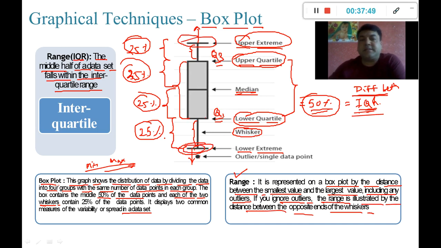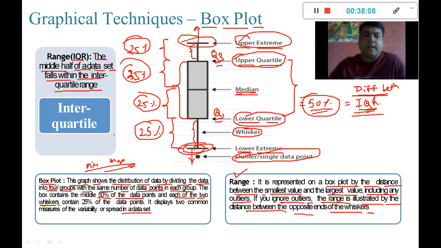So it depends on whether I include or exclude the outliers for my range. An outlier is nothing but that odd data point which the box plot is used to find.